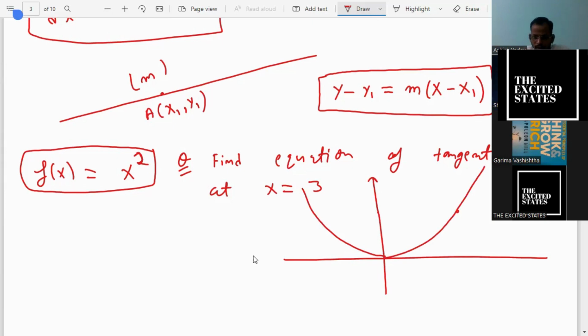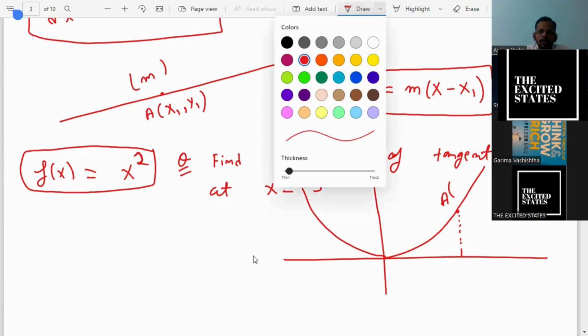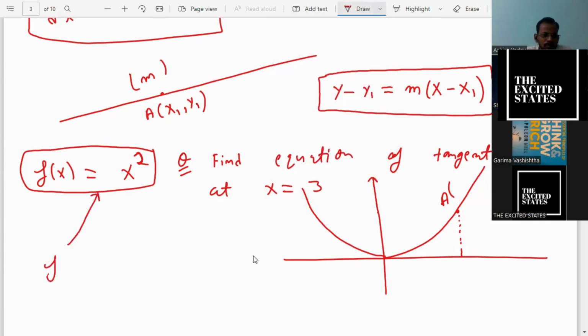Let's suppose this is x equal to 3, and this is point A. Can you tell me if x equal to 3, what will be y? Just put the value of x equal to 3 here. So you will get f of 3. So f of 3 will be simply